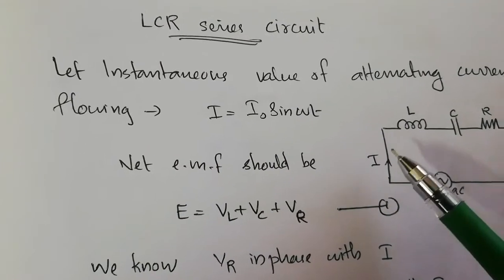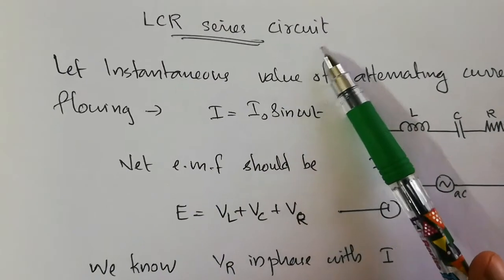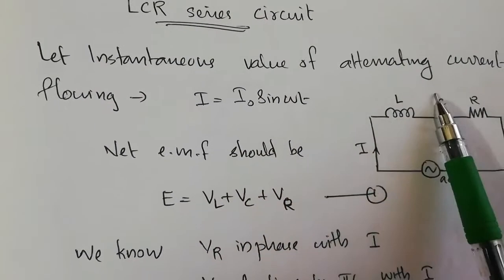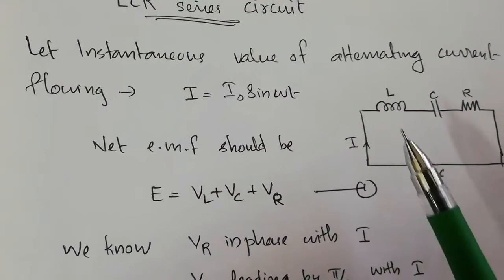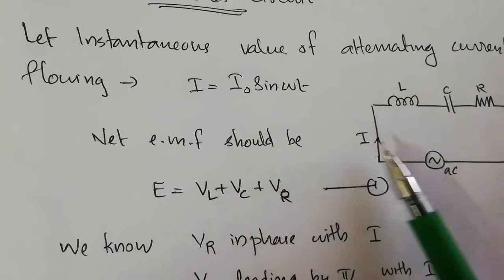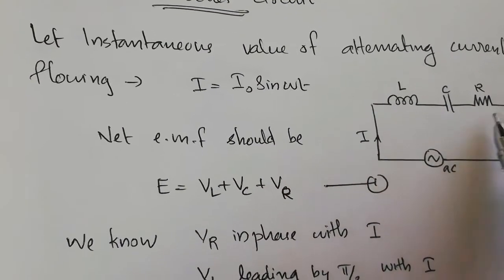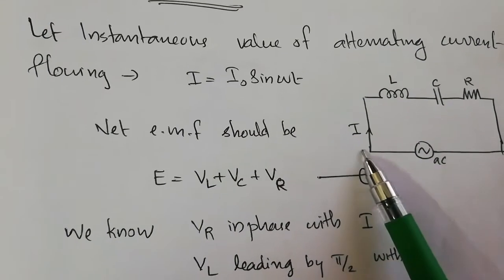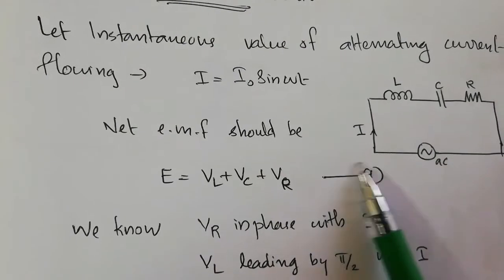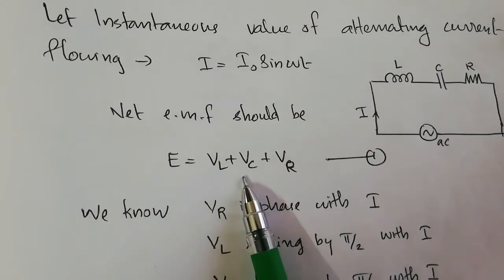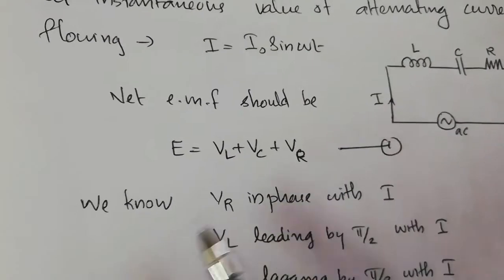Hi dears, now we can discuss the LCR series circuit. Now let the instantaneous value of alternating current passing through the LCR series circuit be I0 sin omega t. L, C and R are connected in series with an alternating EMF and an alternating current is passing through the circuit. Now we should know the EMF will be E is equal to VL plus VC plus VR,